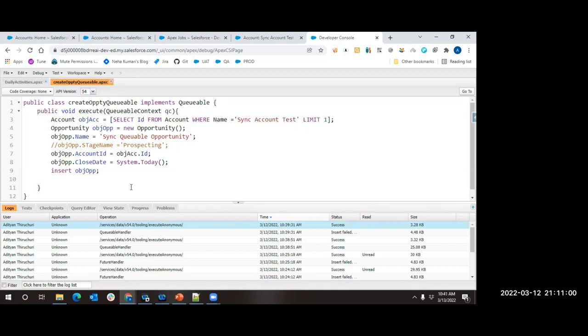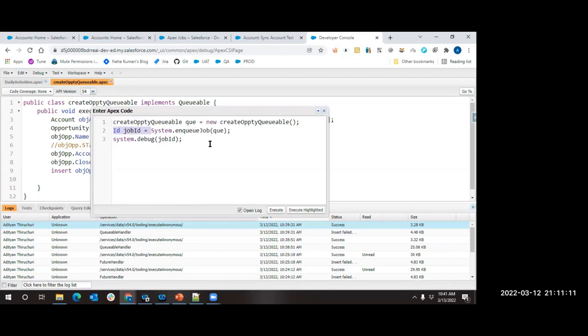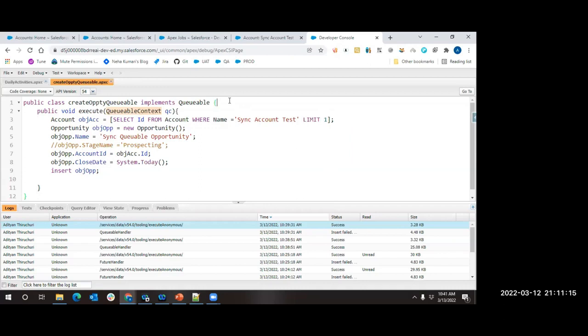Okay, now how can we pass? There is only one method written, and in this one method, queueable context is there. And you told me that queueable context is purely for system understanding, and we don't have to do anything. And this is the only syntax that we have. Now, how can I actually pass a parameter to this class? Okay, let me show you the process now.